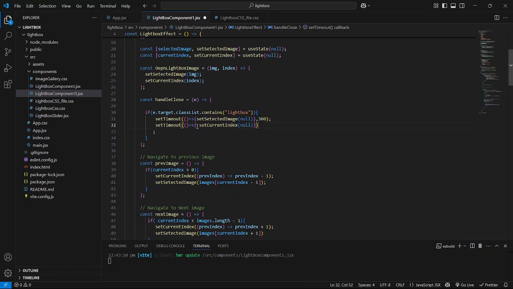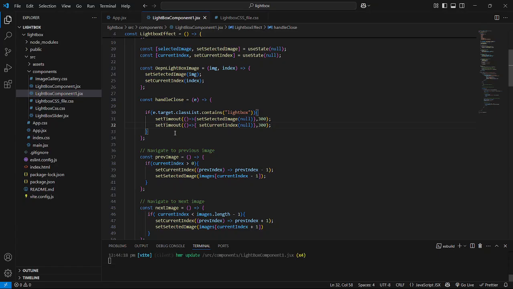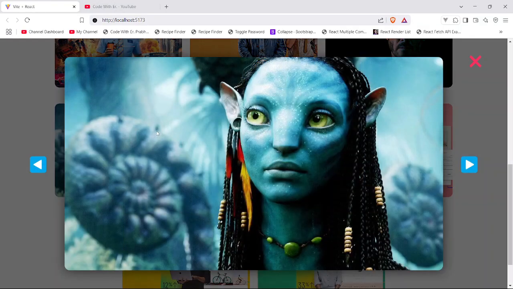We will just paste it here also, and we will just say here 3 milliseconds. So remove this extra, and now